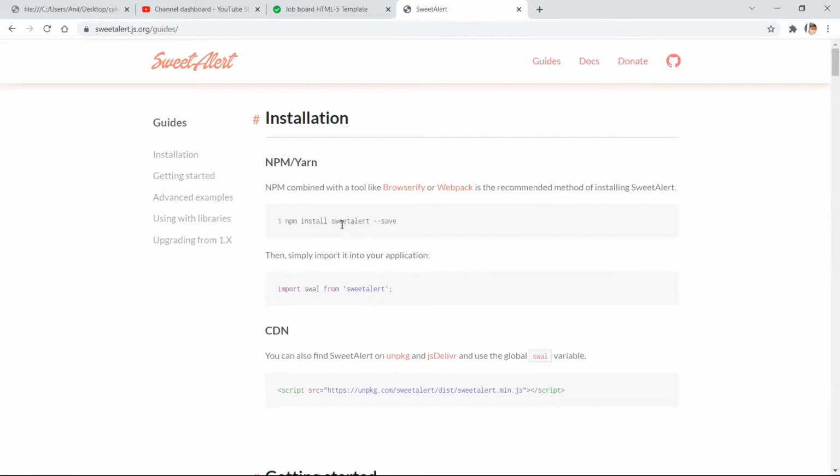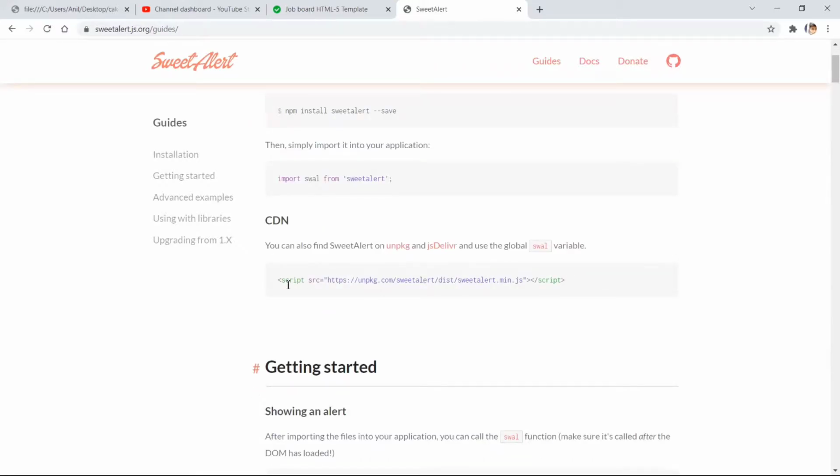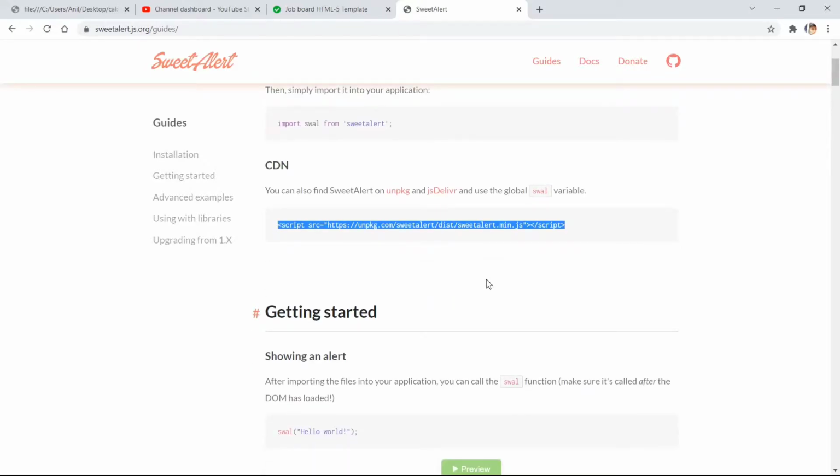You can see here the first one, the installation part. You can install it by npm, okay? You can use the CDN link directly here. So I will first demonstrate by using this CDN link, then we'll install it in our project as well, okay? So first use this CDN link.